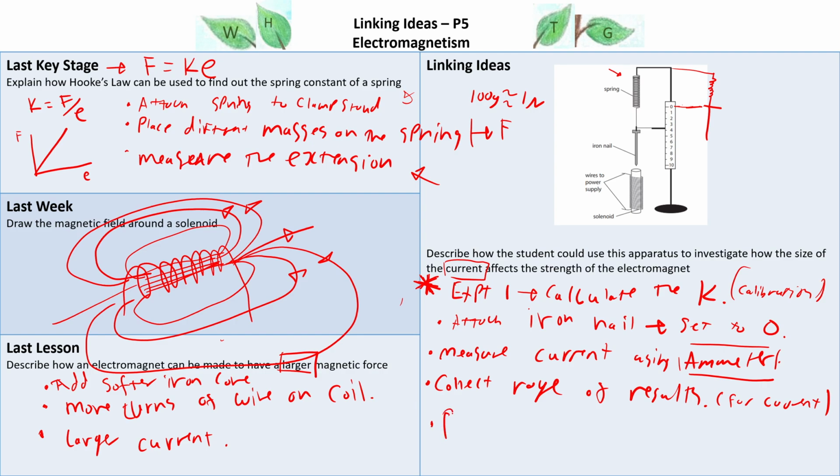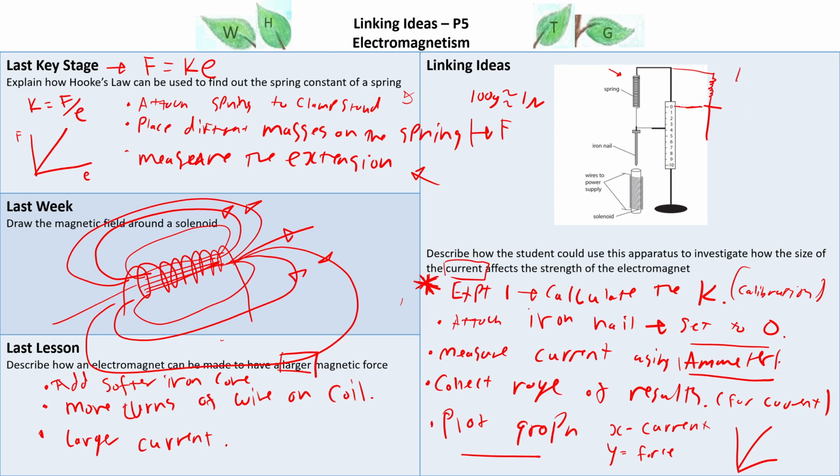Then you're going to plot the graph, right? And you're going to plot a graph of current against force, because you're changing the current. So the x-axis is going to be the current, then the y-axis is going to be the force, and there's your experiment. Hopefully you would get a graph that would be a straight line like that, because you know, using